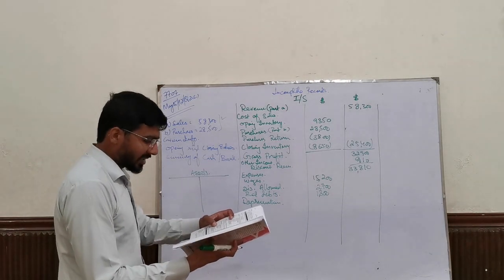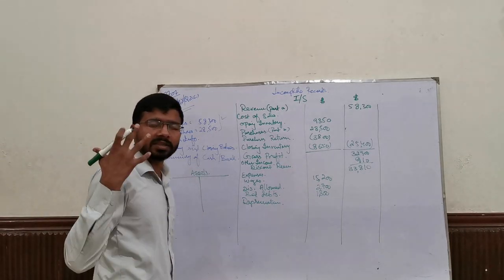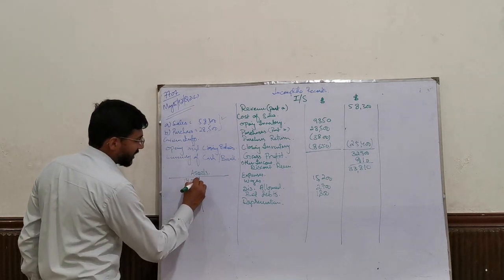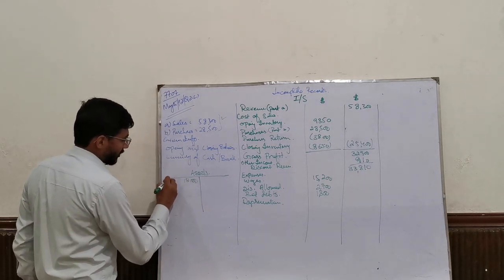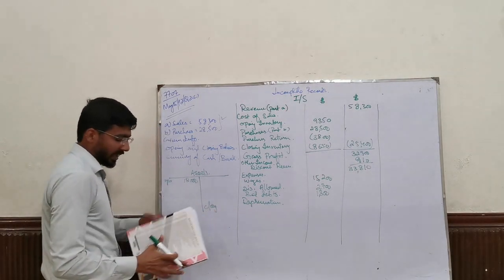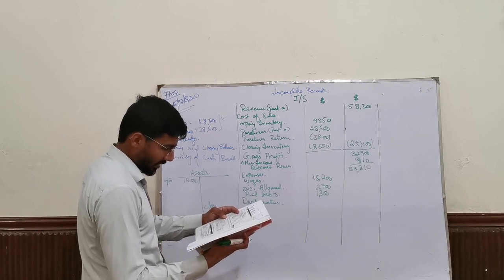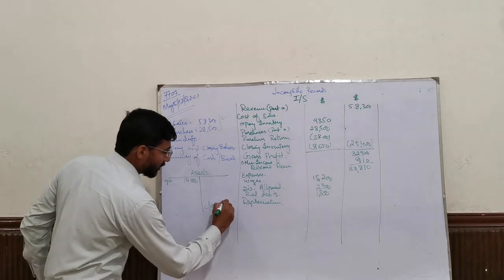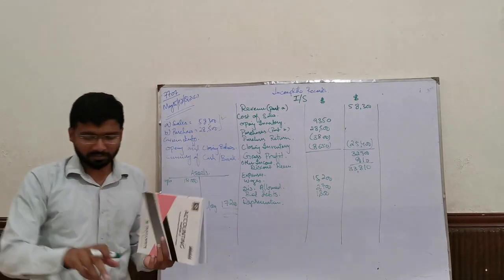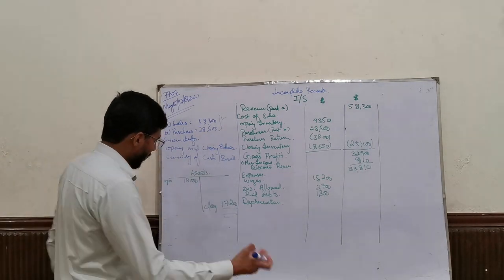Now, in my assets, he says non-current assets at valuation are 18,000. The opening balance of assets by default is on the debit side, and which is 18,000. This is the opening balance, and the closing balance, which is also given, is 17,200. I am going to change my marker once again. My apologies for the inconvenience.